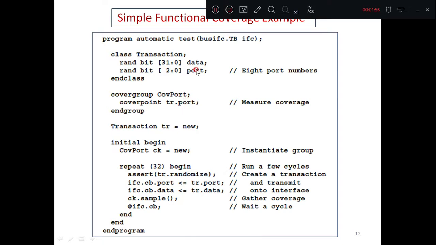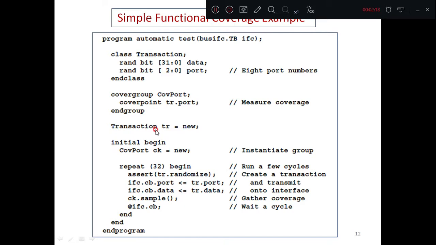This port is defined in this particular class transaction. And what is the size of this port? It is 3 bits, so there are 8 different combinations.